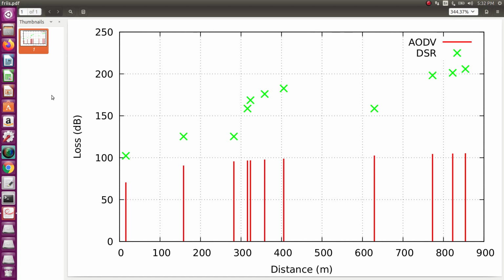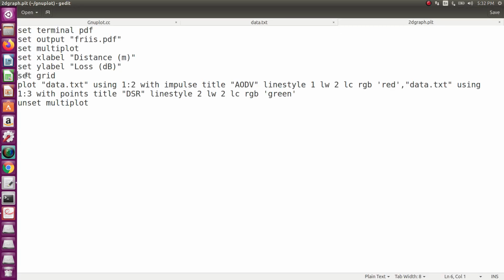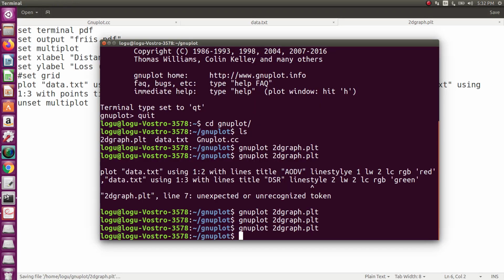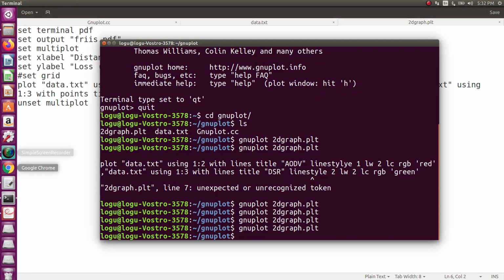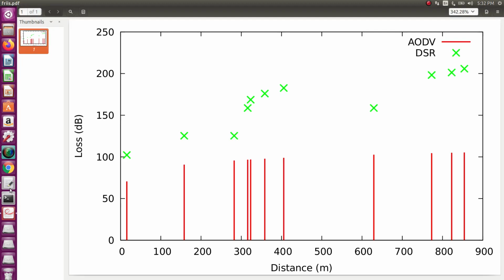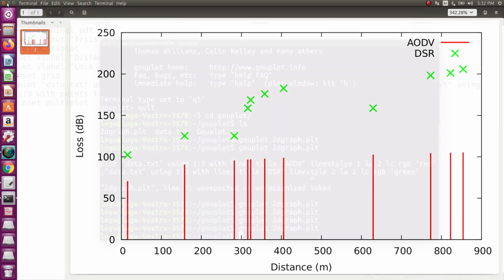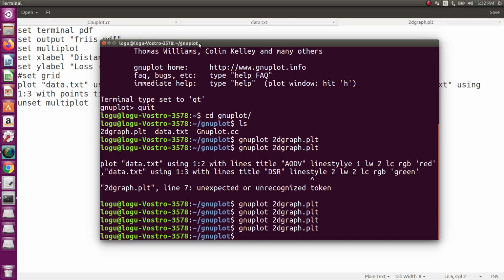If I don't need them, you can disable the set grid option. Now you run it, and we are not getting any dotted lines in the graph. If you want, you can use it, otherwise you can disable that option. So this is about your 2D graphs.